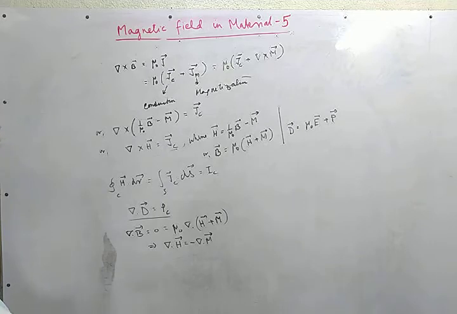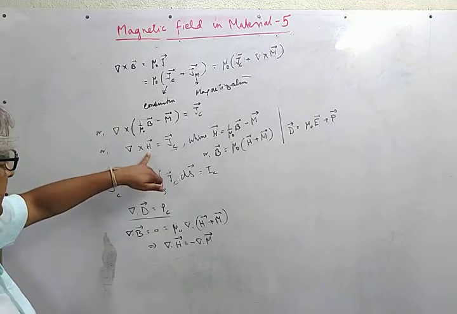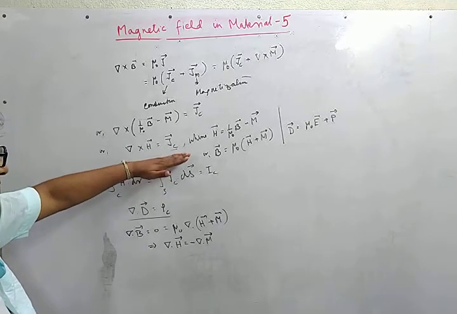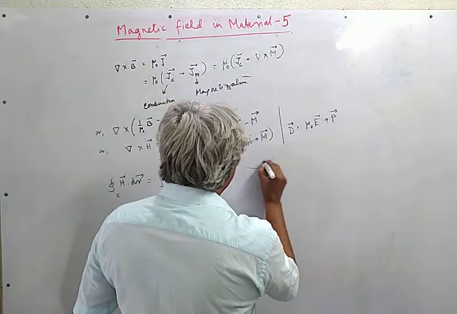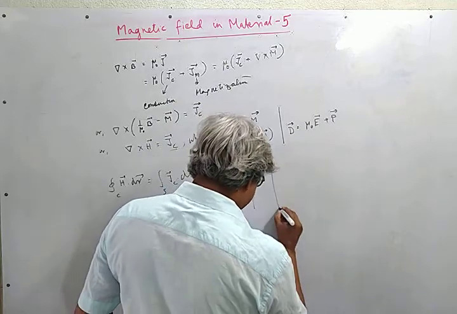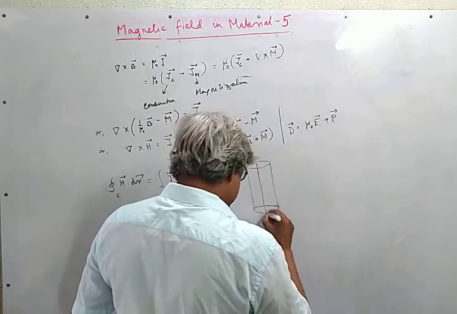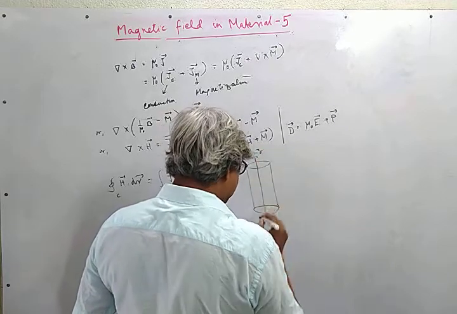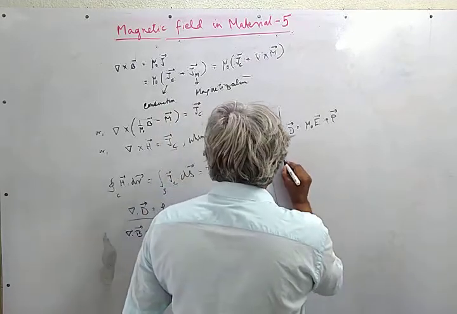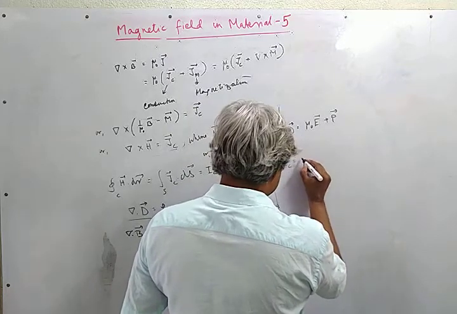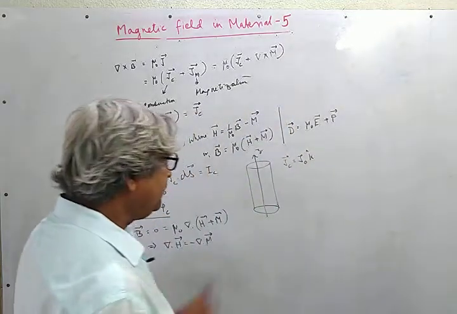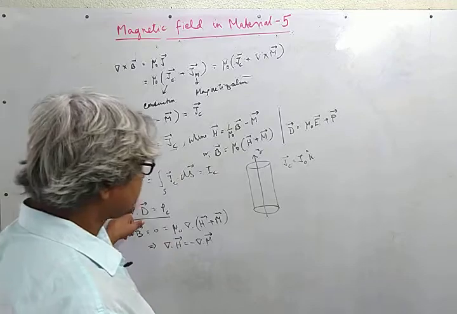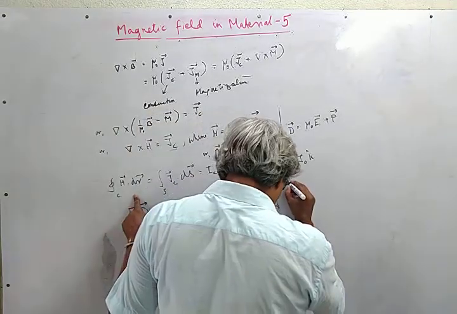Let us look at this. H is an auxiliary field which is introduced, which facilitates calculation. Let us consider a magnetic material or a conductor made up of a magnetic material which carries a conduction current density in the Z direction. The conduction current density is provided by some J0 K cap. So we know that if we apply Ampere Circuital law, we know that the field H1,